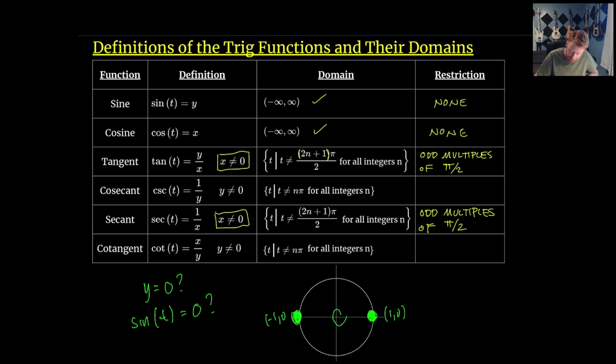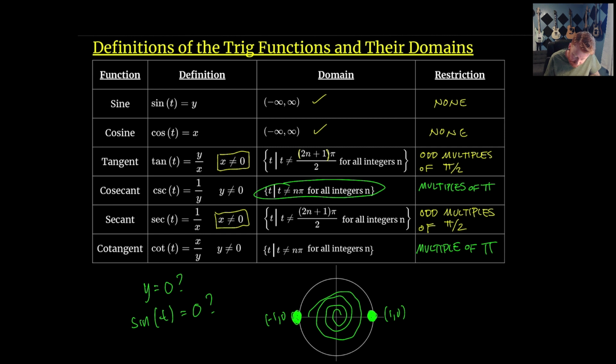So as we're just spinning around the circle looking at angles, it's only the ones that hit at these points here, which are just the multiples of pi. And same thing down here. Well, it's going to put y in the denominator. It's at every multiple of pi. So here are the restrictions on our domain,